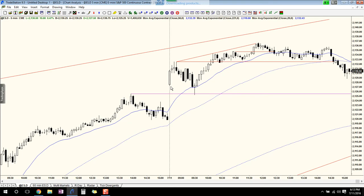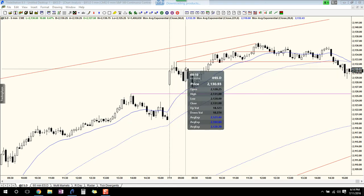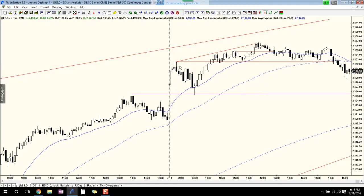So, you have to understand this is a trading range. So trading ranges will fall below support and go above resistance and usually continue doing what they were doing. So what do I mean? What I mean is,